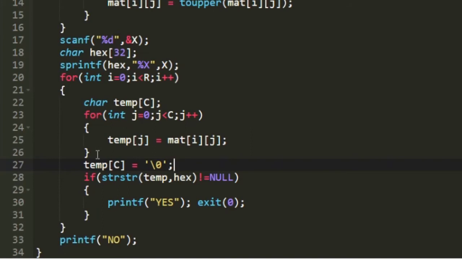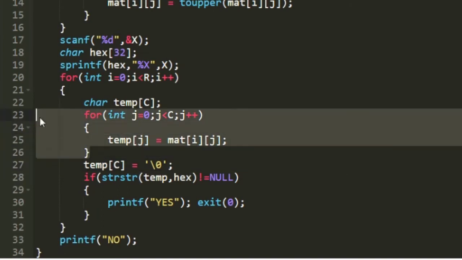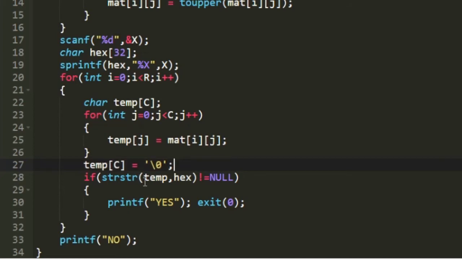And after the execution of the for loop I am going to set the last character of the character array temp as null. So now if the character array hex is a substring of the character array temp, it means that the hexadecimal value of the integer x is present horizontally in the given character matrix. This is how we are going to find whether the hexadecimal is present horizontally in the given character matrix. So I am going to use the function strstr.